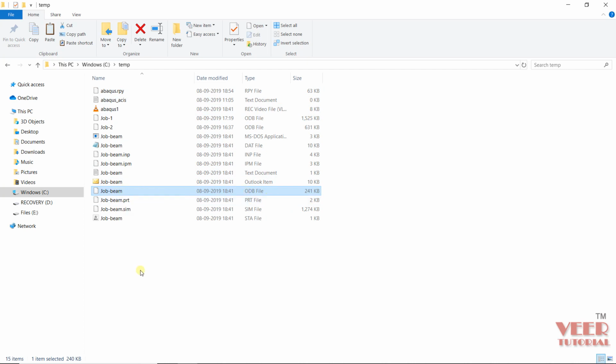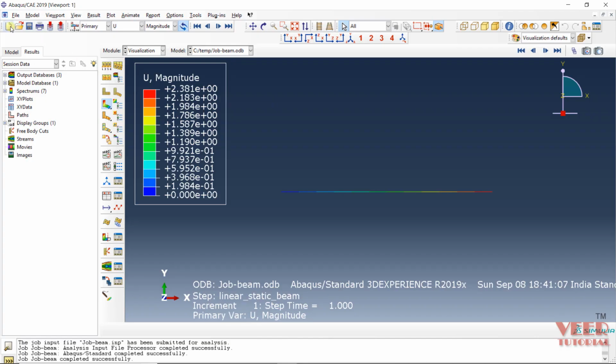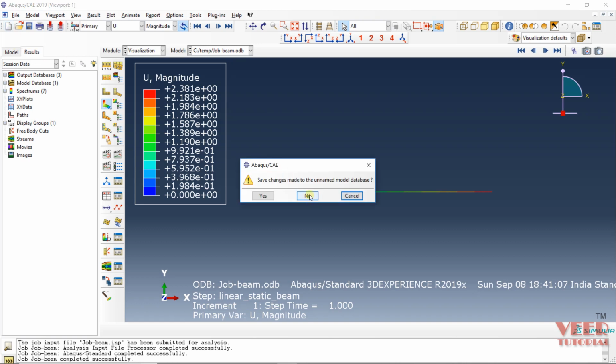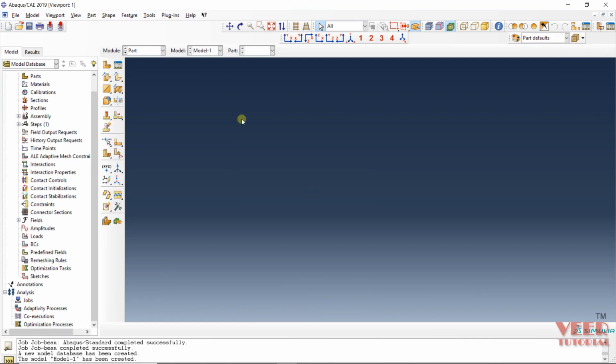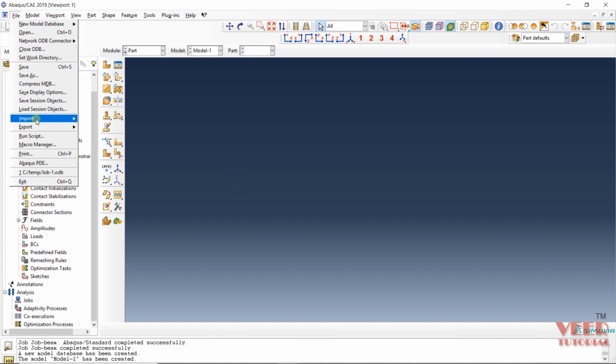Okay, now let's say I want to open this file. I will also share all these files with you. So I go to a new part file, click on this new and click on no. So if you want to see the result of the file we have created. So first of all I'm going to open the input file. So go to file and click on import and go to part.